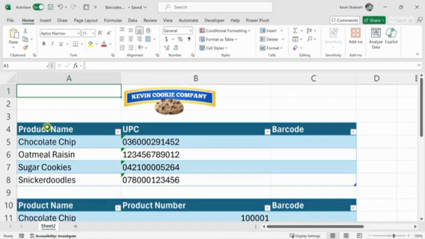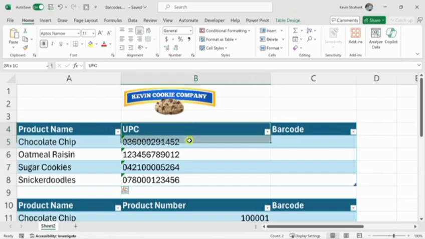Down below, I have a variety of different products that we offer here at the Kevin Cookie Company, along with the associated UPC code. And then in this third column, I would like to generate a barcode that represents this UPC code. However, before we generate the barcode, one thing you may notice is some of these UPC codes start